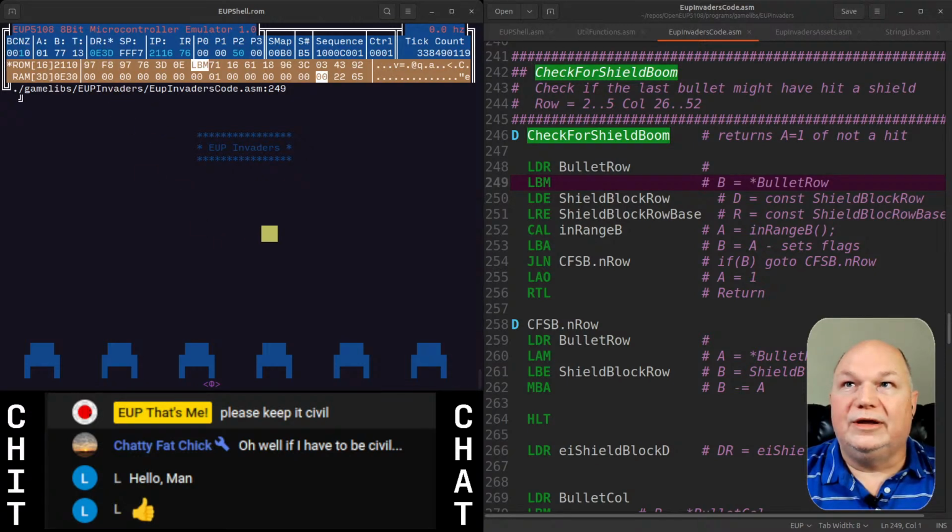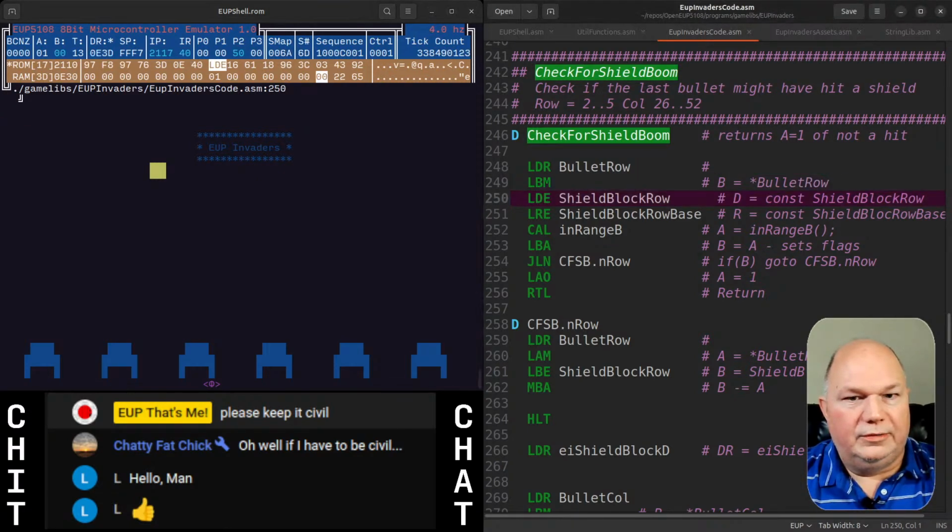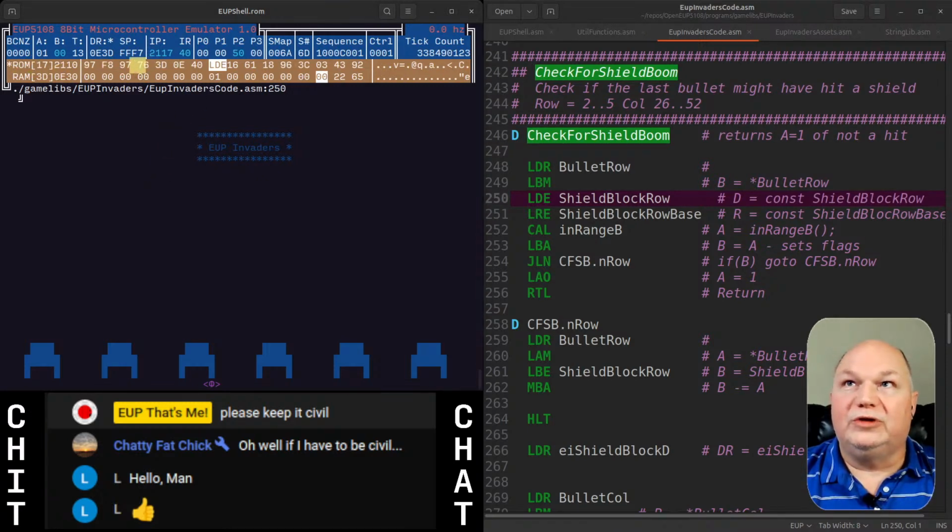We loaded that location. And the next step, you can actually see the disassembly here as well. This is our location in RAM. So this top row is the location in ROM, and the second one is the location in RAM that we're most currently looking near. So the DR 0E3D,